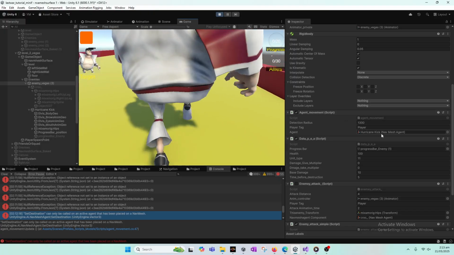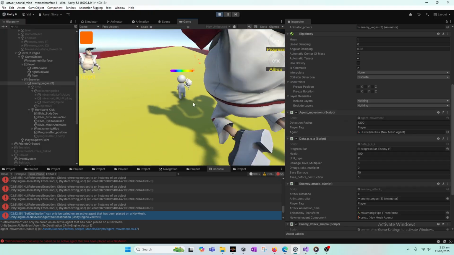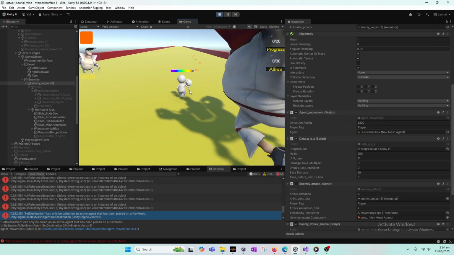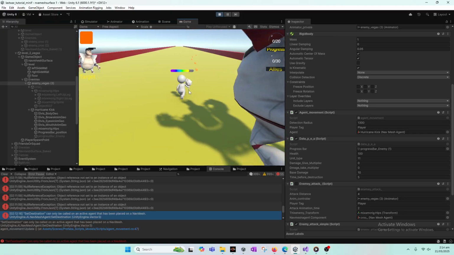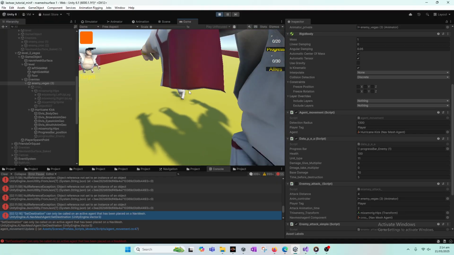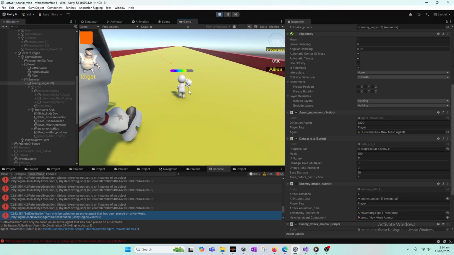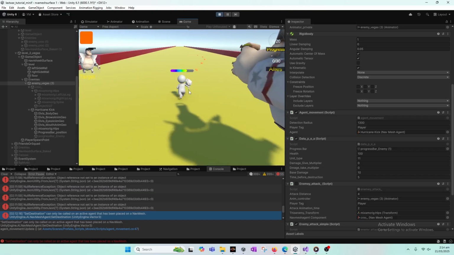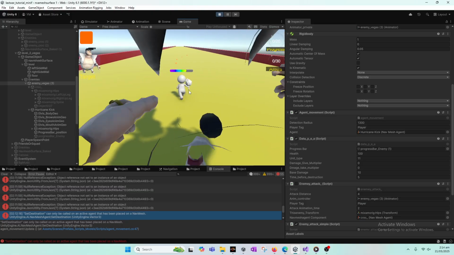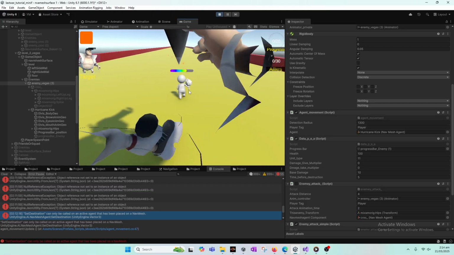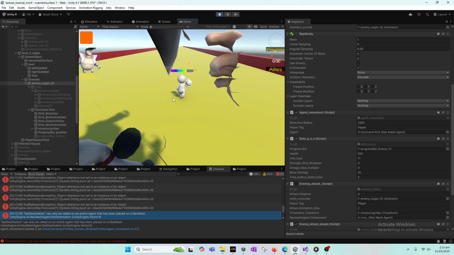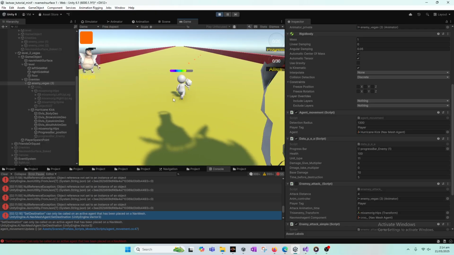Since this has its own animation, once it's able to locate the player, it will start ramming him apart. And this is how it is,